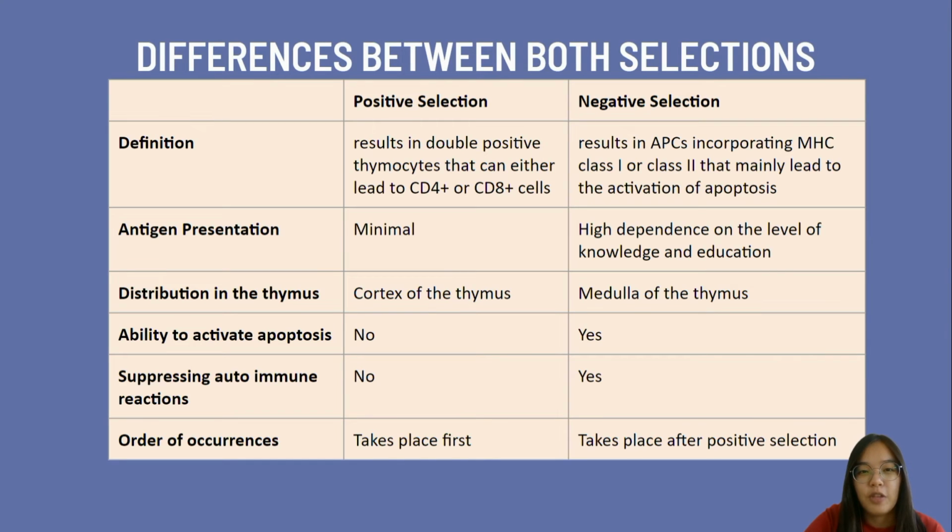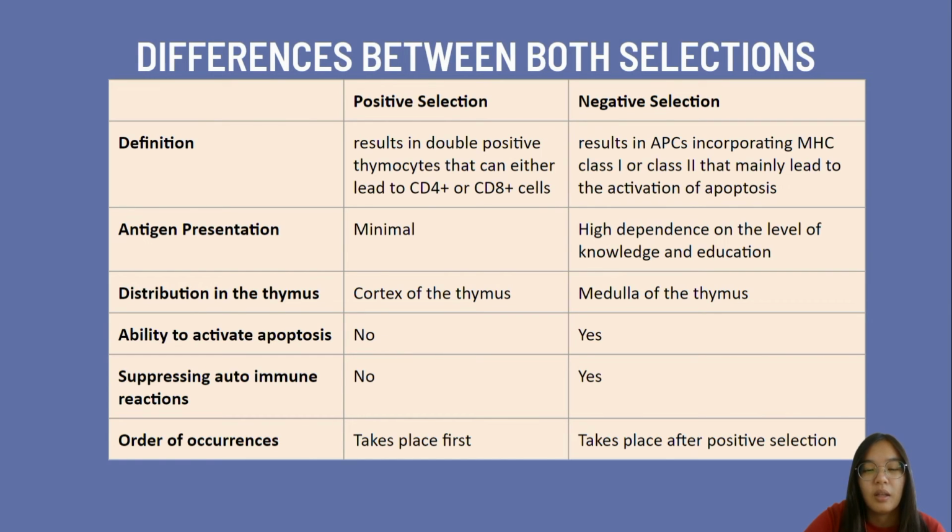There are also some differences between positive and negative selection of T cells. The key difference between positive and negative selection of T cells is based on how the antigen presentation takes place. In the positive selection of T cells, the antigen presentation takes place directly via the association between MHC class I and class II, which results in double positive T cells that can lead to either CD4 plus or CD8